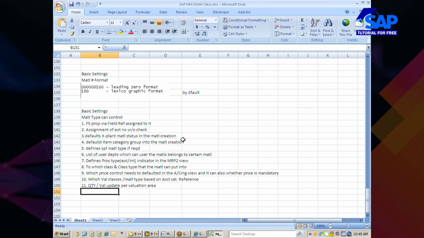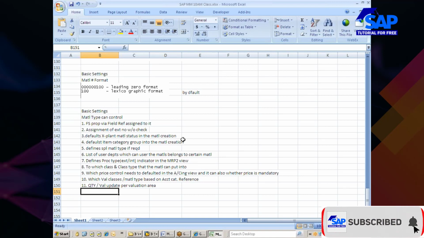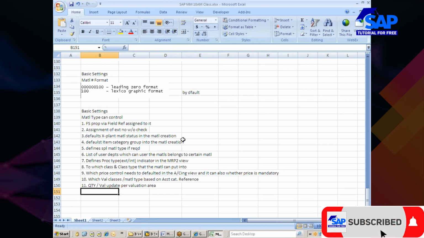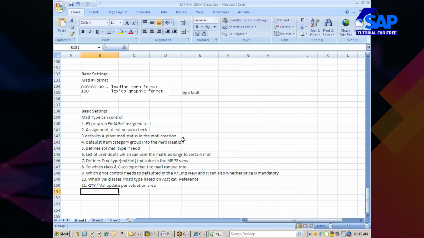Can you guys hear me? Yes, Venkat, we can hear you. The valuation is how you are going to evaluate this material, depending upon your plant. Exactly. Whether I am going to evaluate my material at plant level or at company code level, that is what we call the valuation area.